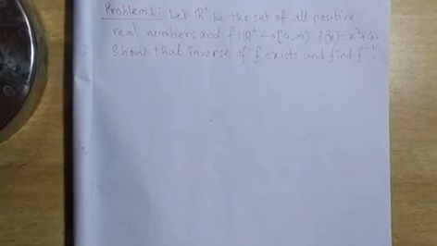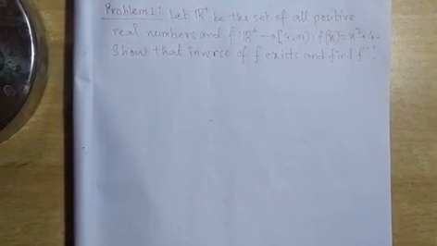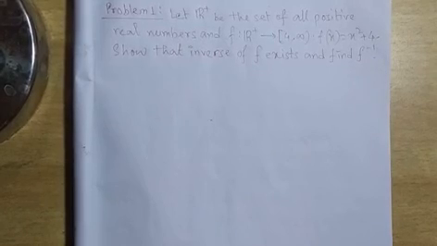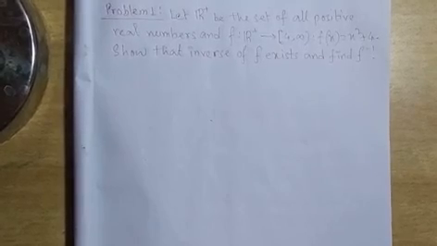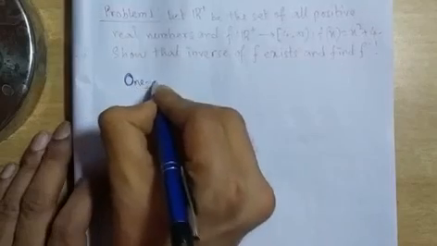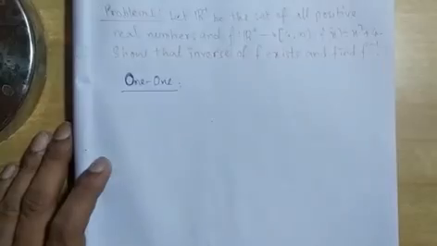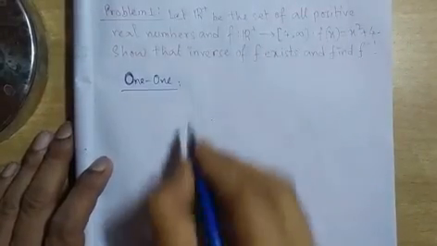Okay, so how to find the inverse? First of all, we have to show that the inverse of the function exists. That means the function should be a bijective function. So for that we have to first show that the function is one-one and then onto. One-one, so how will we do it? We will take